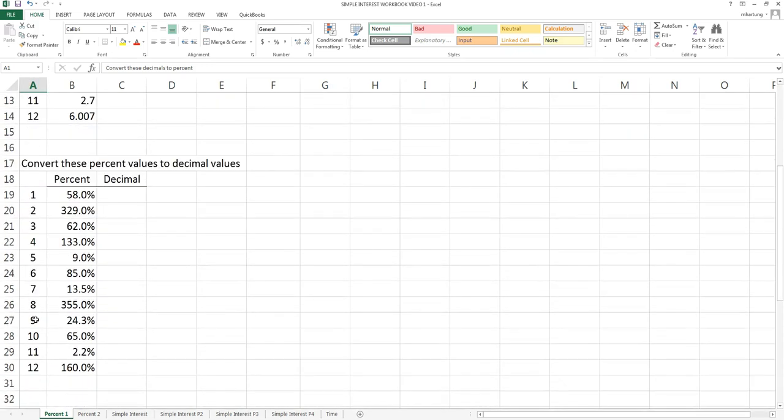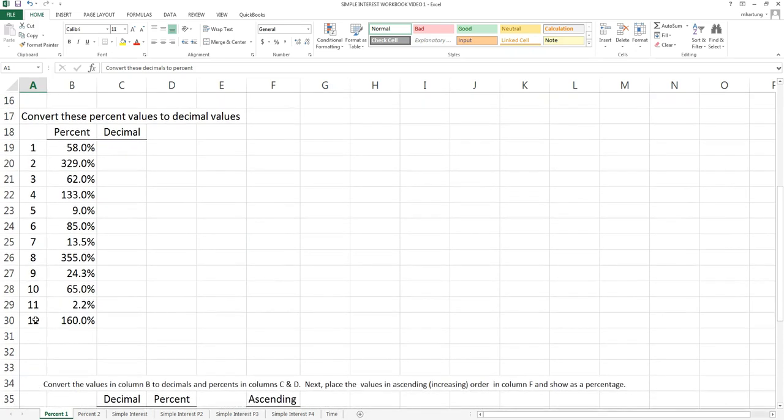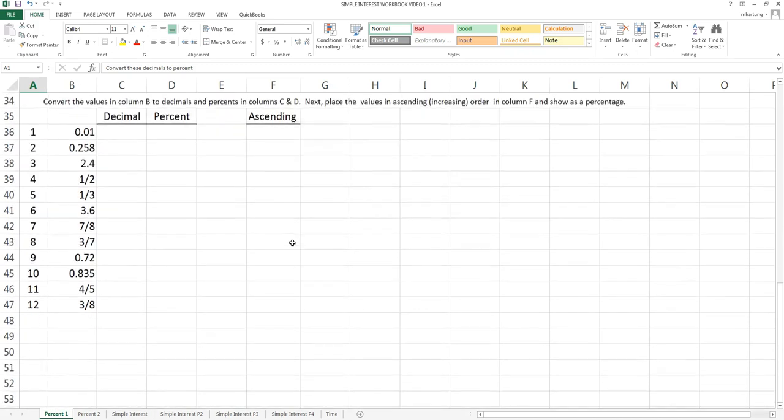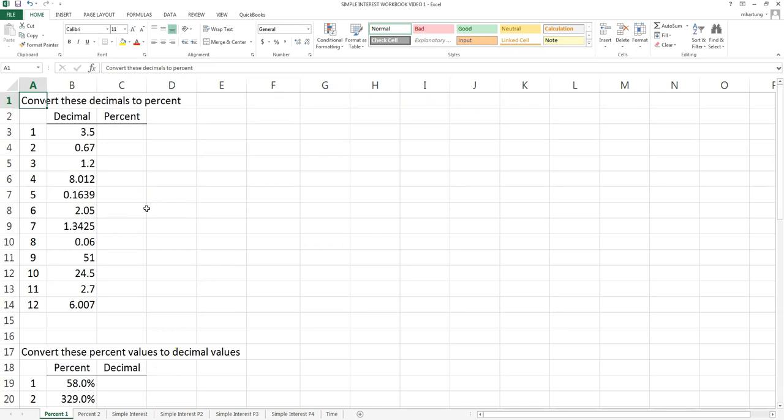And then once you have that created, you could do the next section, starting here at row 17. And the last section for this worksheet, beginning here at row 34, we have the instructions and then the values that you will need in order to complete this little section. So once you have those sections completed, we will return to part 1 of video 1,